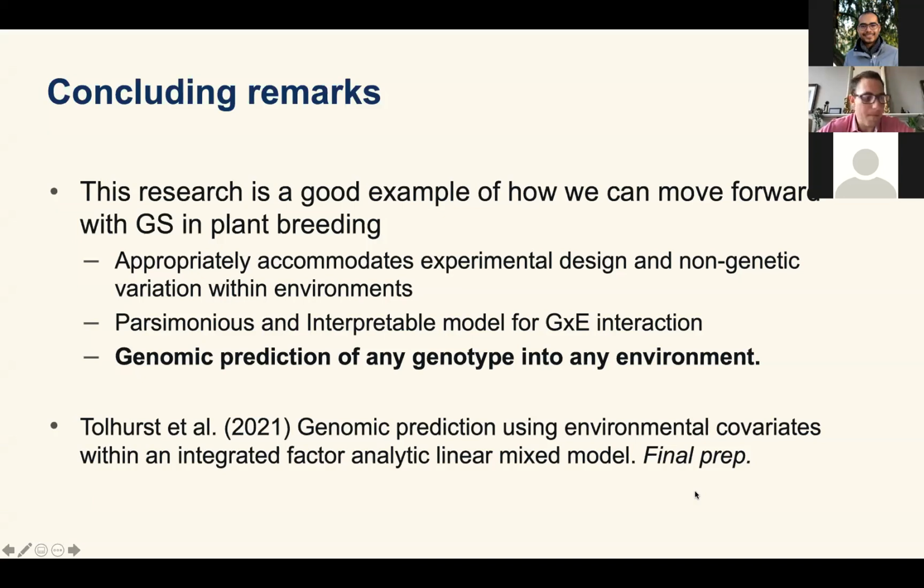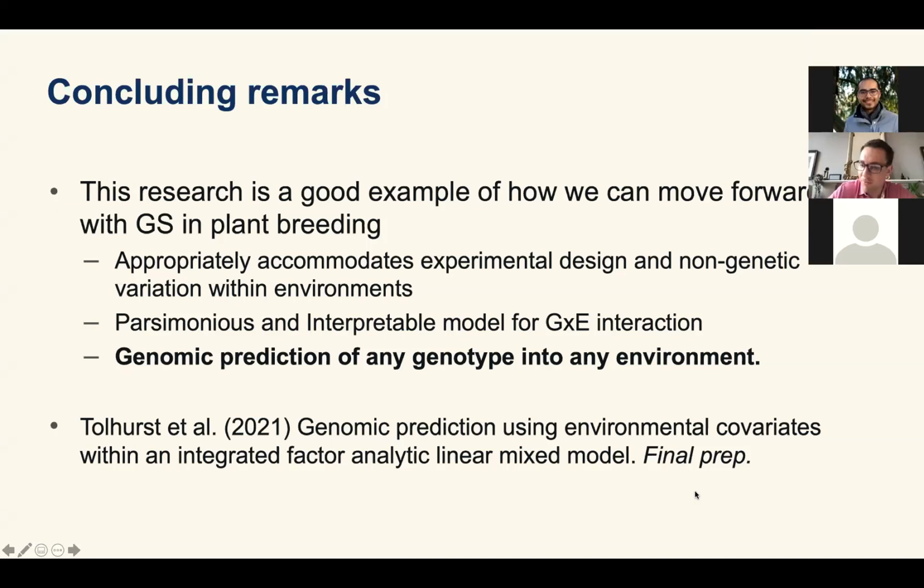And I guess, Daniel, maybe I will throw the first question, so hopefully this will trigger the discussion. Let's say that now we understand what's behind GxE, we start to understand, okay, there's the temperature, or the cloudiness, average cloud over time, etc. How do you foresee that this information will actually help the plant breeders when it comes to some of the decisions that they need to take, like selection of parents or advancement of products? What's your take on that?